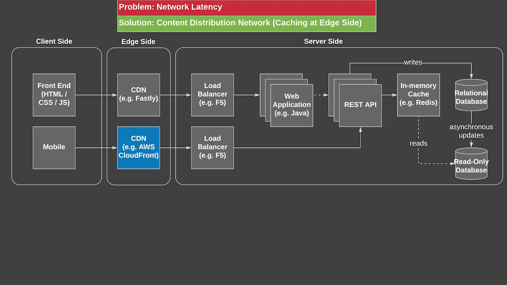And the other advantage is if you are using AWS to run your infrastructure, putting your request through CloudFront not only reduces the network latency, but also the network connection between the CDN being AWS CloudFront and your server-side environment, which sits on AWS. That network connection will be a specific high-throughput network that will be provided by AWS. So even if you're not caching anything, you will still gain something just by putting CloudFront in front of your requests, whether that be for your web or for the APIs.